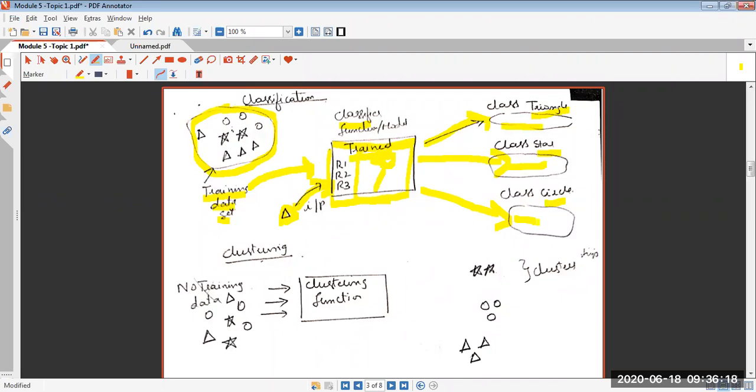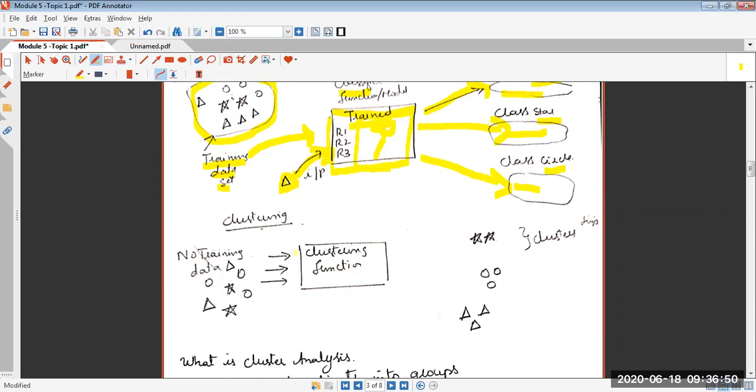So once again, what are your observations here? Classification algorithms will take the data set or previous observations as training data. It will build a model, meaning that learning has happened here. And using this model or function or classifier, it will decide to which class a new instance, a new input, belongs. So that was the story of classification. Now, why did I repeat it once again? The reason is that comparison is the best way of remembering.